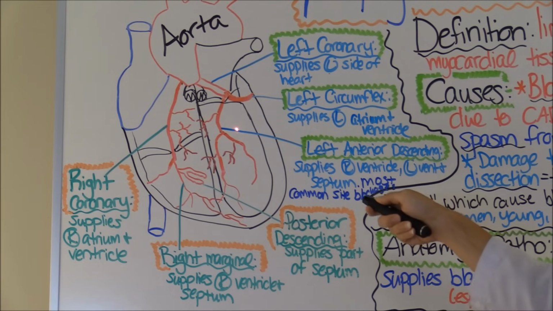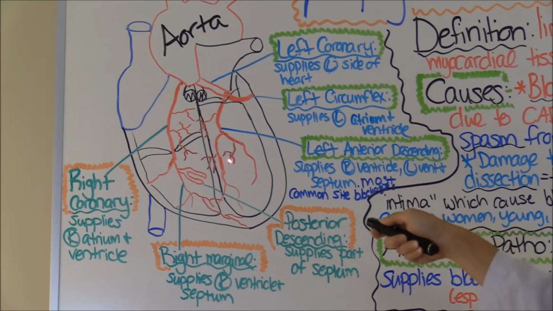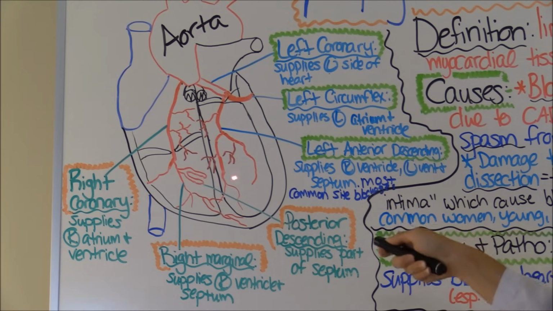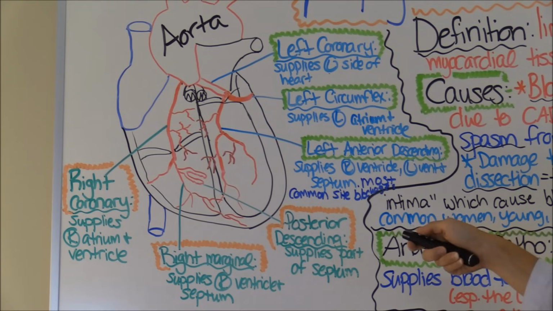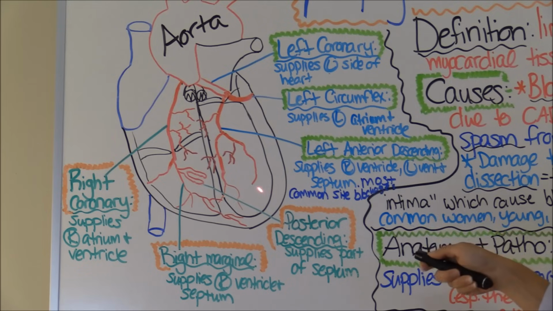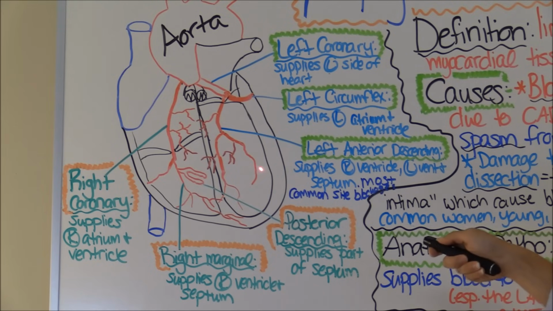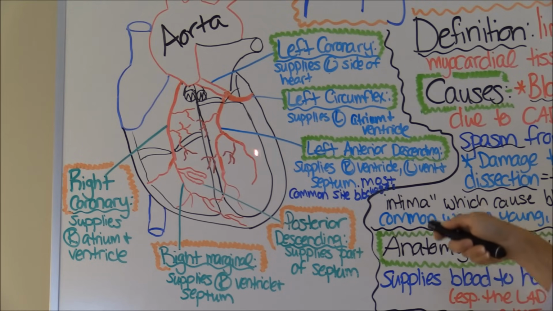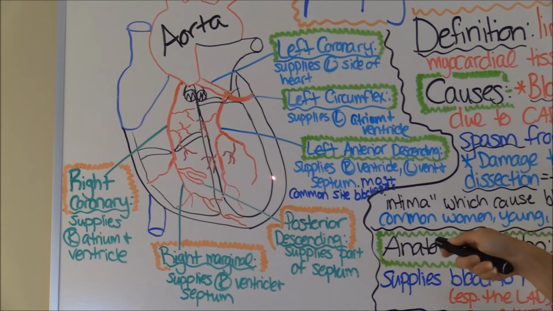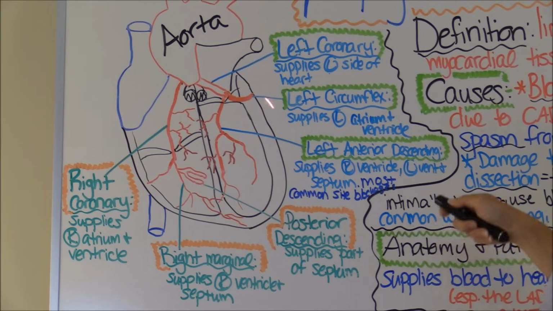It supplies the right ventricle, the left ventricle, notice how it's branching out over here, and your septum. Now, let's remember some things about the LAD. The LAD is the most common site of blockages in patients, and blockages in your left coronary artery, especially the LAD, can cause the worst damage from a myocardial infarction because of the damage to the anterior wall of the